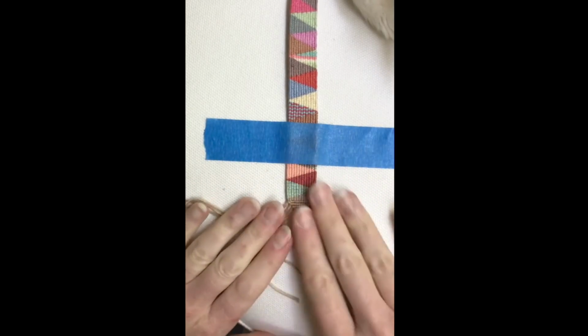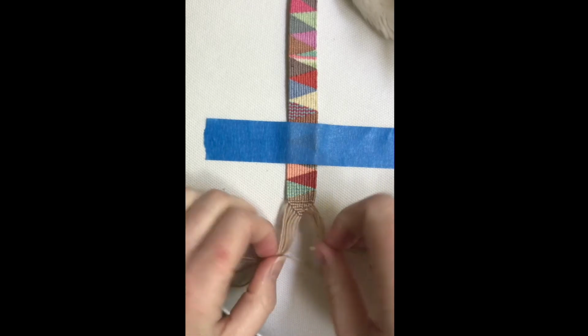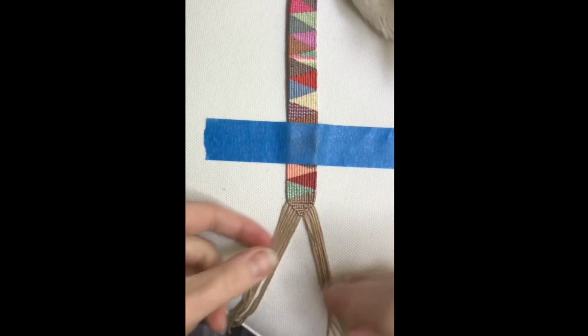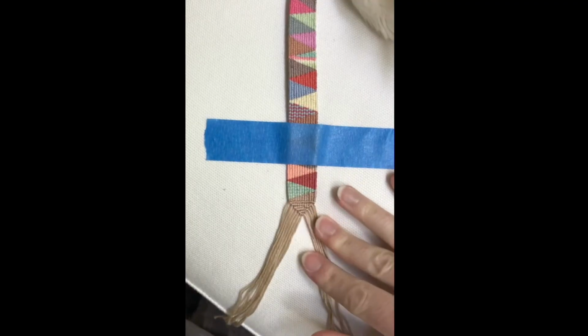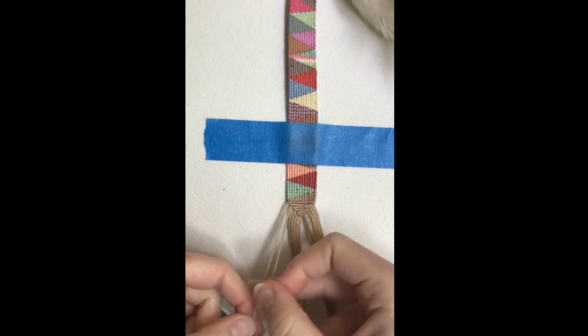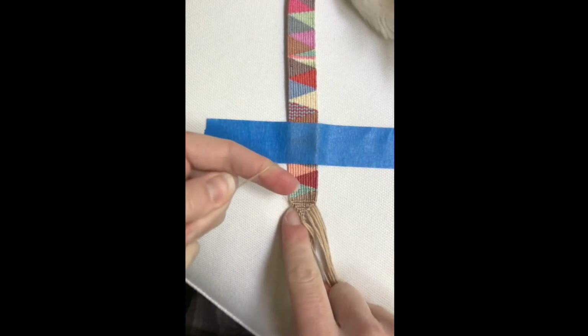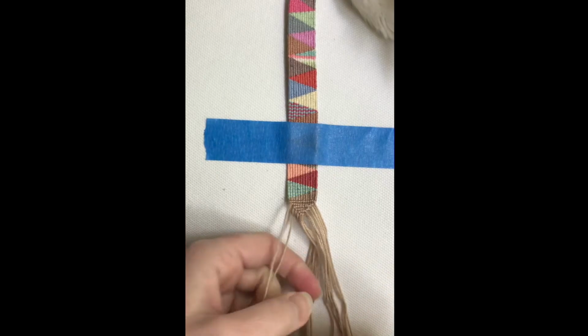Okay, here we go. So I'm done with the little section of making the triangle here, and now I'm going to finish off the sides and gather in all the strings that are sticking out to the edge. So the way you do that is the way you would do a normal triangle end finish. I don't know if you're familiar with that. So you take the second string